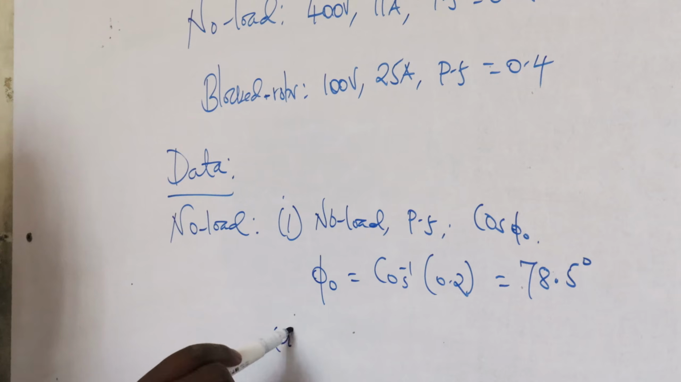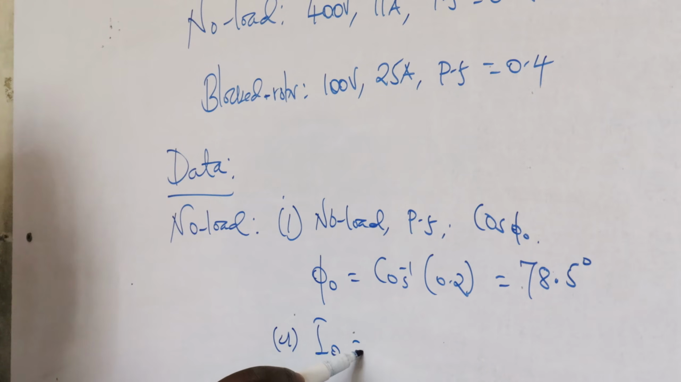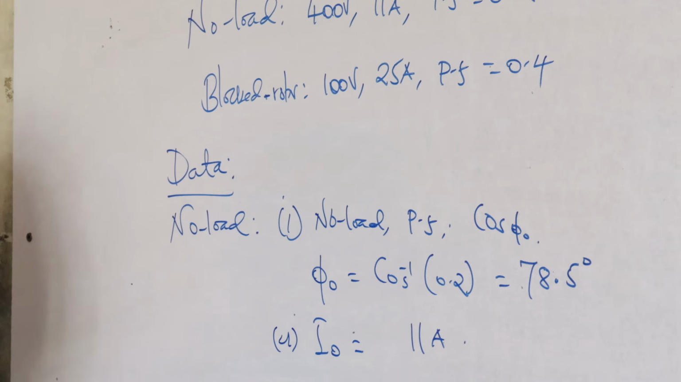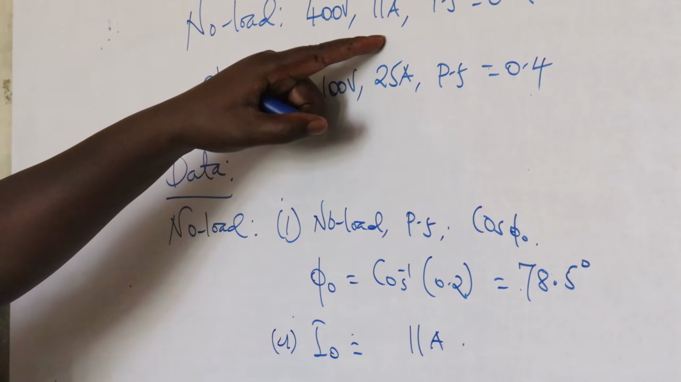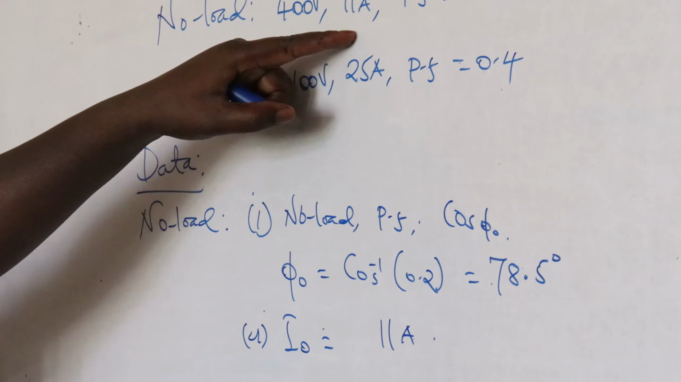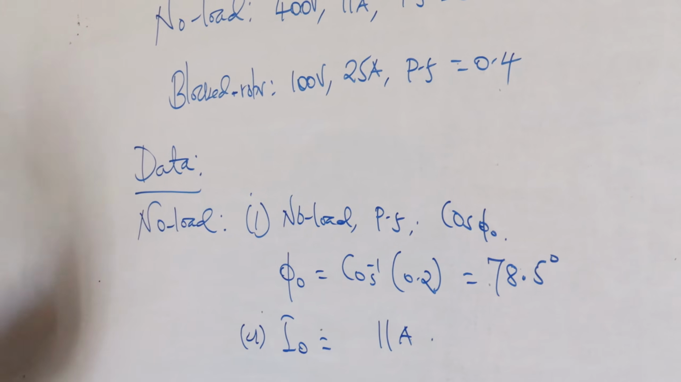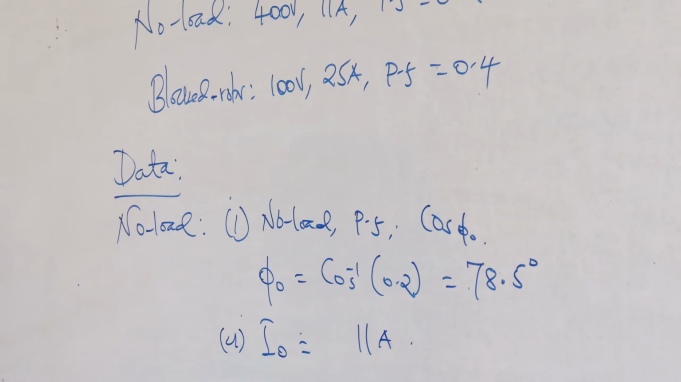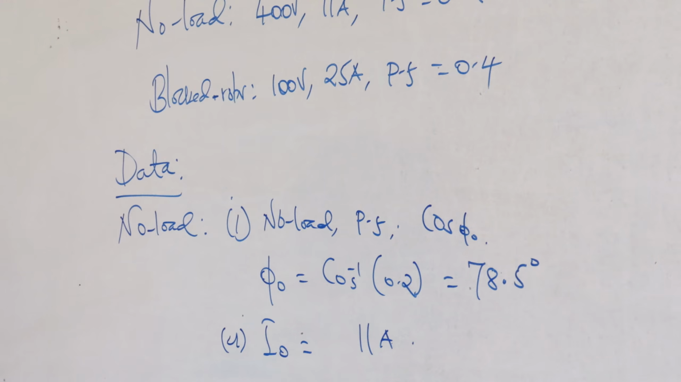Two, we need the no load current. We have been given a current here of 11 amps, right? Remember when I was outlining, I said at no load we need the no load power factor and no load current for us to draw. Once we get those two, we are safe. And therefore, we go to the blocked rotor,